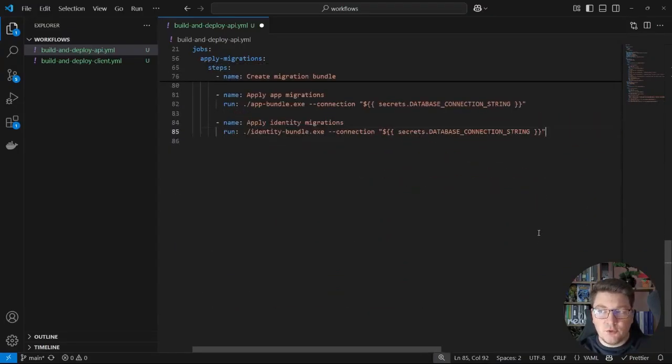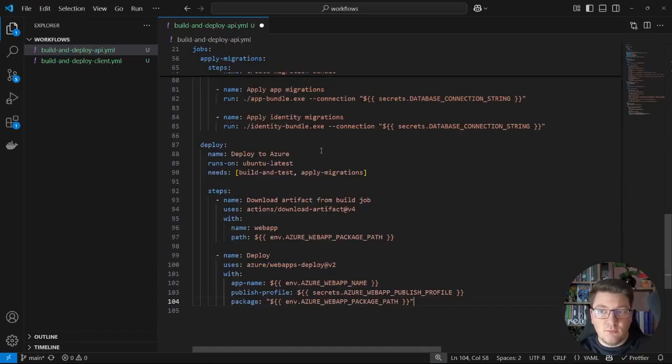And finally, we can introduce our last step, which is going to deploy our application to Azure. I'm going to call this the deploy job. It's going to depend on both the build and test job, as well as the apply migration job. And what this is going to do is it's going to use the download artifact action to download the web app artifact that we have uploaded in the first step. And then it's just going to run the web apps deploy action, specify the web application name, specify the publish profile, which is going to be another secret value, and as the package value is going to target the artifact that we're going to download in the previous step. So this is going to